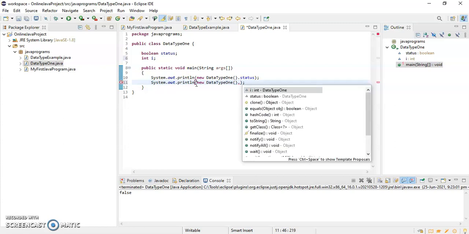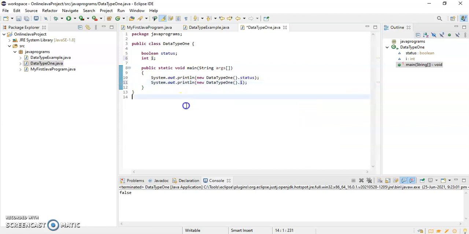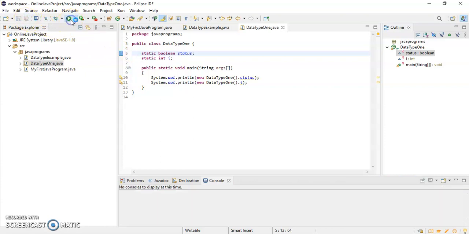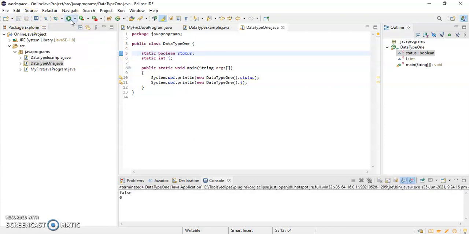So I'm giving I. Now if I run this, I'll get 0. Okay, so I'm making it static int or say static boolean. Now I am running this, I'll get the same output.